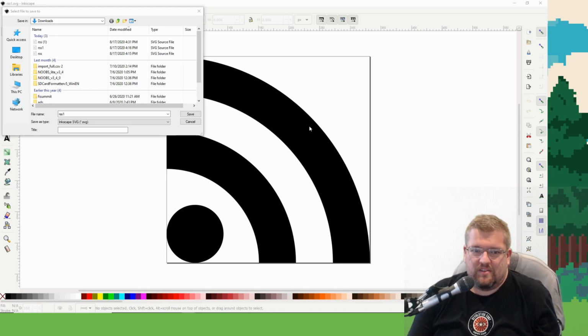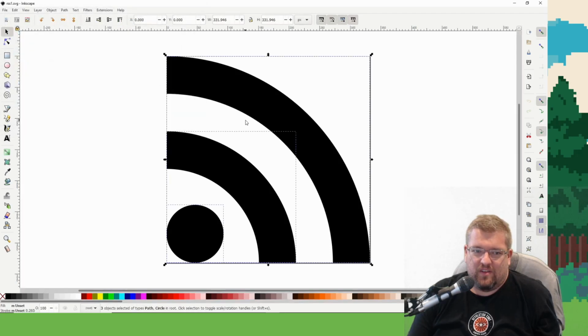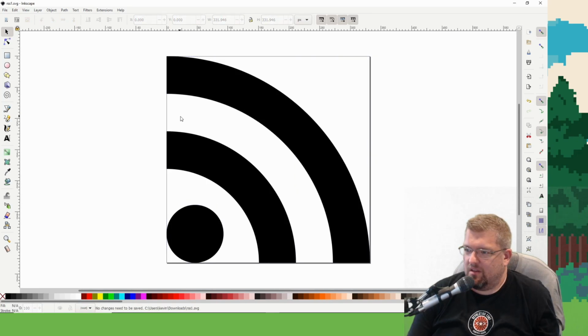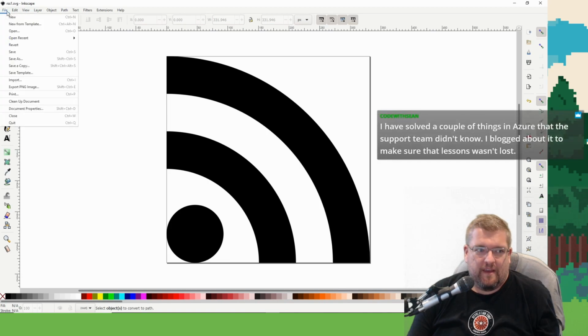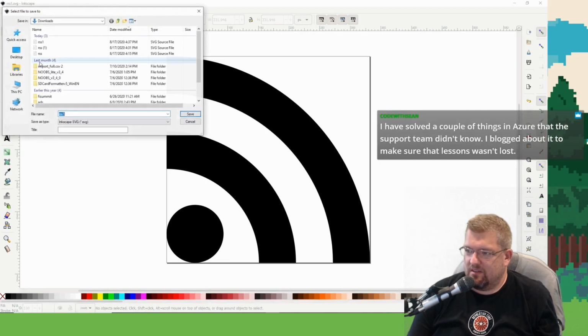So this says, let's follow: Control A, Control Shift C, Control S. Wait, Shift Control C. And then save as plain SVG.